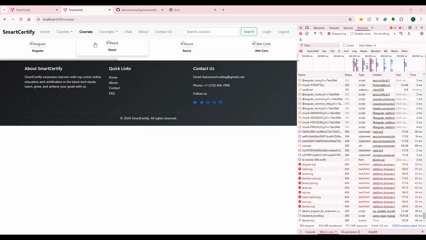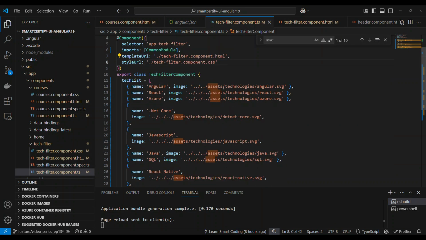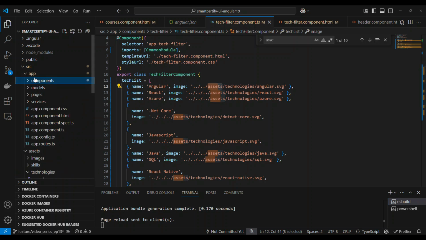So let's investigate this. The reason I'm showing all of these errors is that this is very common and you'll also encounter them. These errors are intentionally shown so that as a developer, you understand why these kinds of issues come up. What's happening is it is trying to refer to the assets, but when the application is running, the assets are not exposed, like it is not exported. So for example, if you go to this